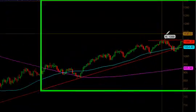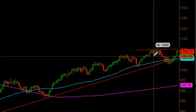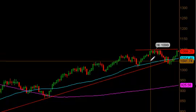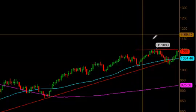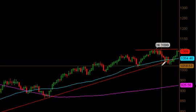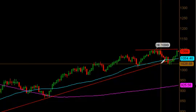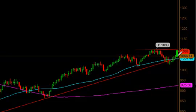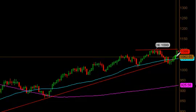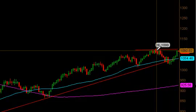This is Dan with Index Option Trading, and here is the chart of E-mini S&P 500 Index Futures on November 9th after the market close. And here's a quick look on the chart. As you can see here, this is a rising trend line from the March lows, and these are the highs, 1099. We are comfortably lodged here at 1088, almost the same distance as the previous highs that we have made